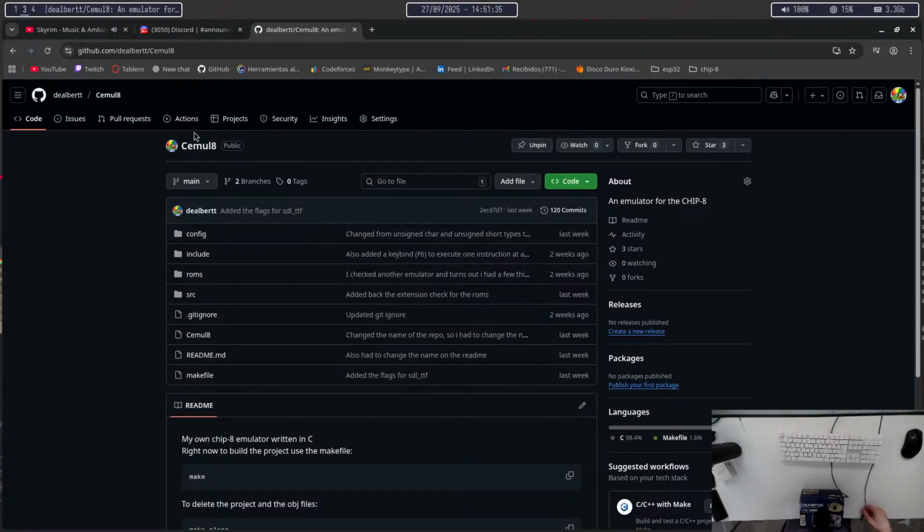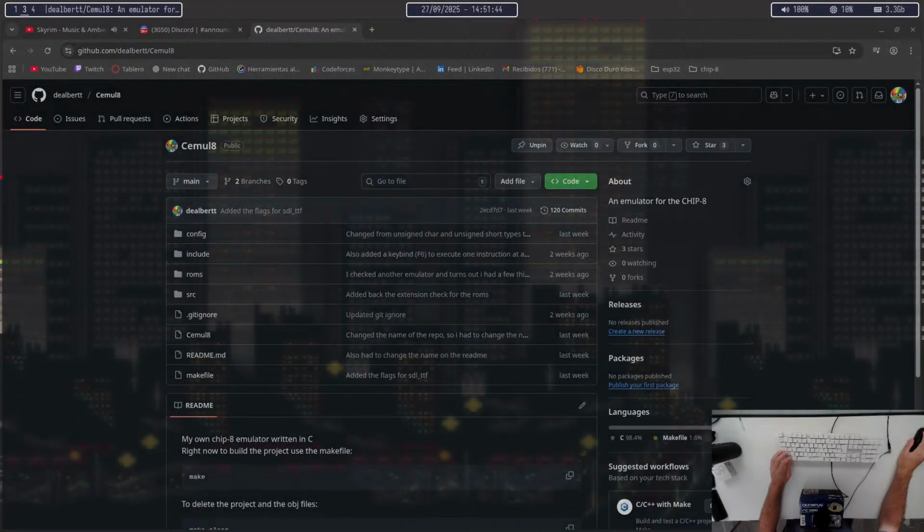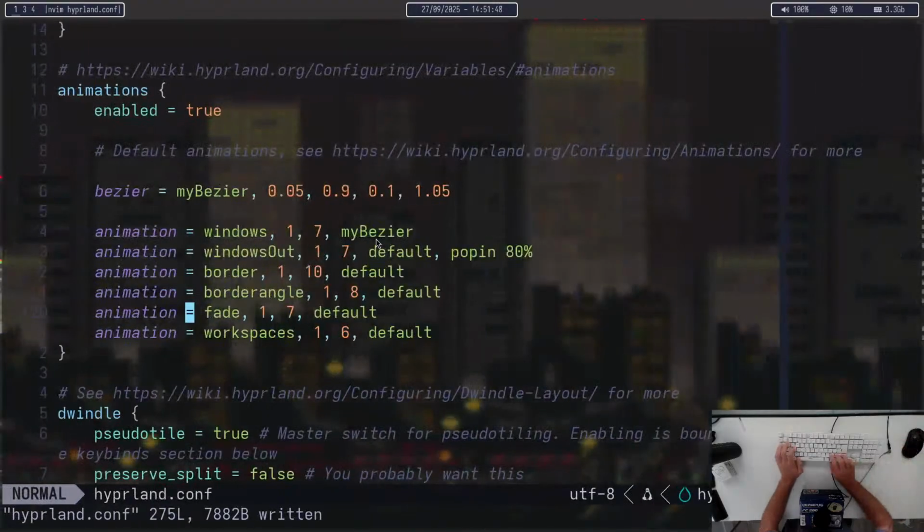Let me actually move this a little bit, because this wire is low-key pissing me off. Okay. Right. So,